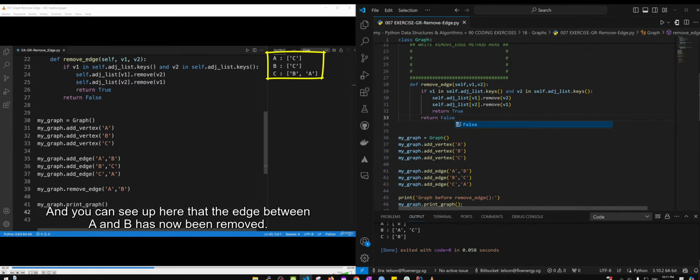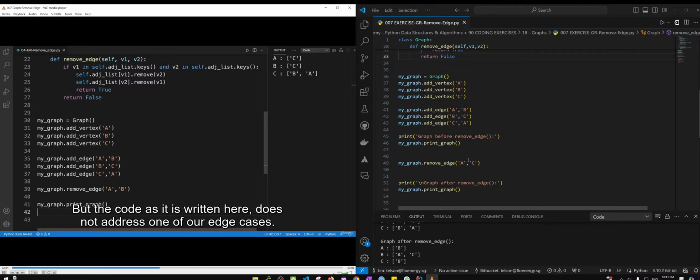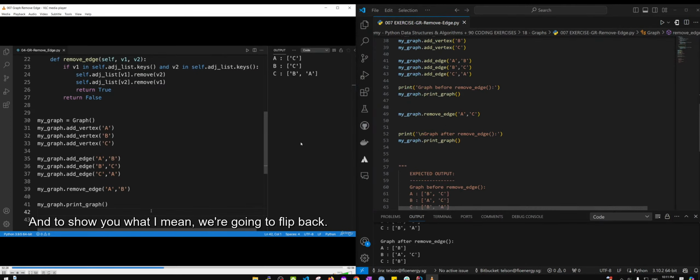has now been removed. But the code as it is written here does not address one of our edge cases. And to show you what I mean,